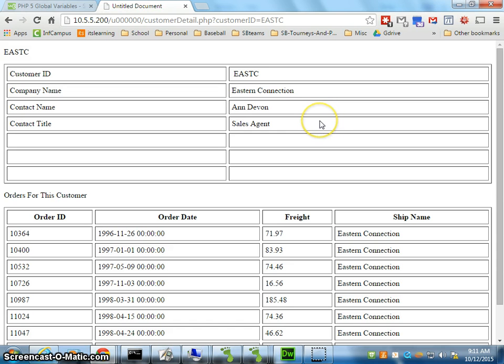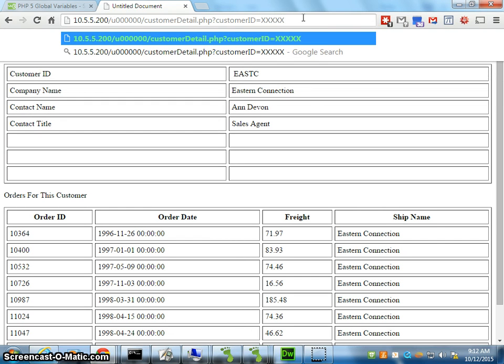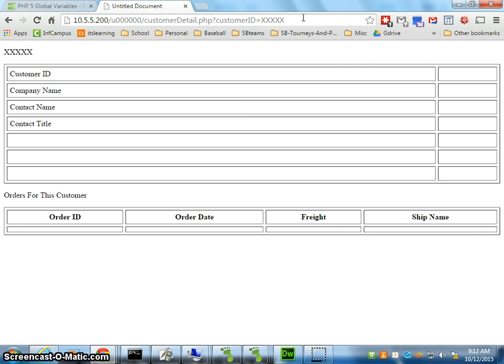Now, one thing I should make you aware of is we haven't added any code for making sure that the customer ID used up here is actually a customer ID in the system, and we're not hiding it in any way from the user. So it is possible for a user to come up here to this URL and just type in a code that may not exist in the system and hit enter, and then we can see at the very least our code is strong enough that it'll print the